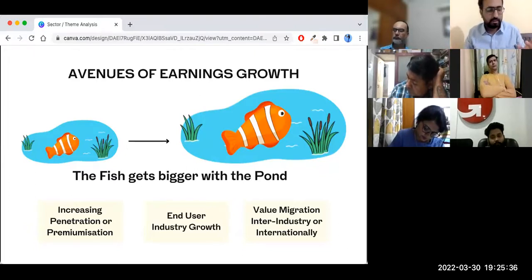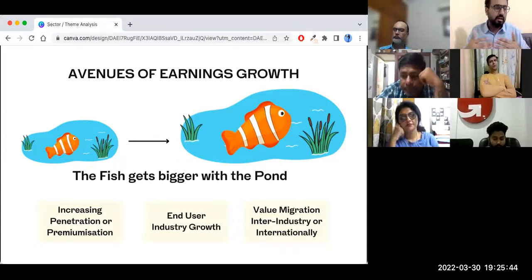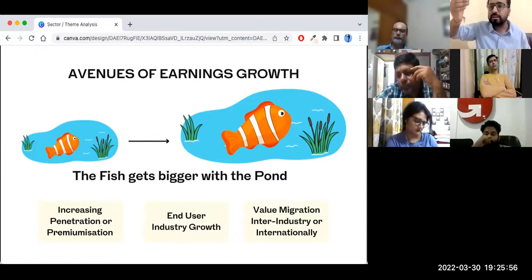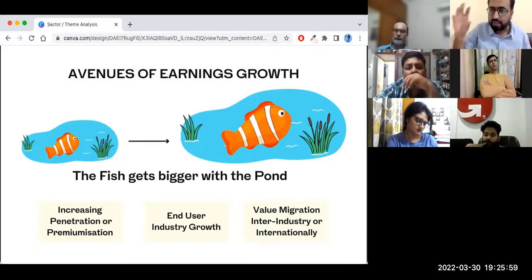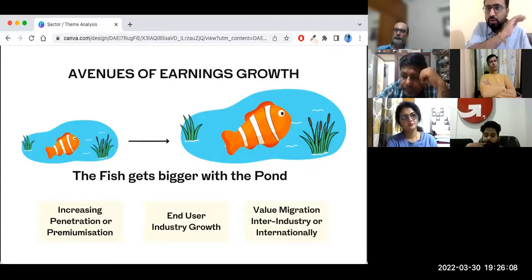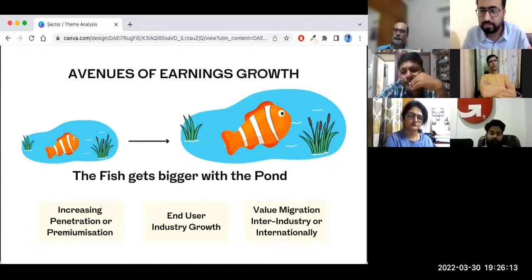Right? Now you might ask, how is penetration calculated? So there are various surveys done. Mostly what happens is, if you talk about any FMCG product, the last leg of the supply chain, which is the retailer. If retailers keep buying the same kind of product quantity, the same kind of toothpaste quantity every year for the last 3-4 years, which means no new users are getting added, the sale is now constant. Sale numbers are almost constant.